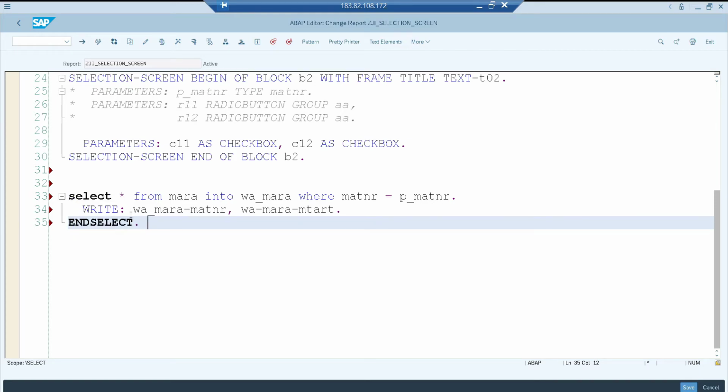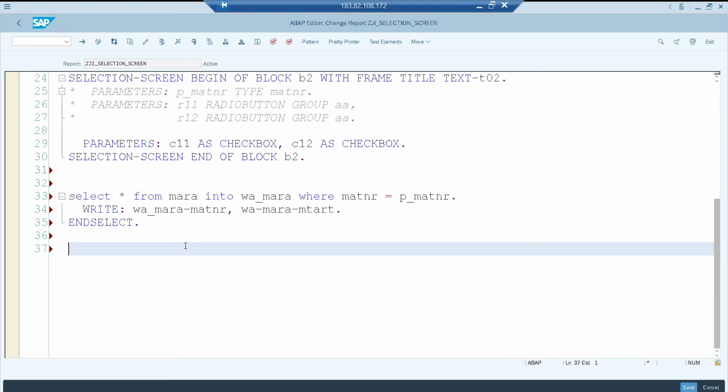Otherwise you have to use types and declare what fields you want, because Mara has almost 300 plus fields. It's a waste of memory as well. So create only 3 fields, create a structure based on that, create a work area. These things we already covered. So based on that you create a work area for it. So this is for parameters. And the next one is